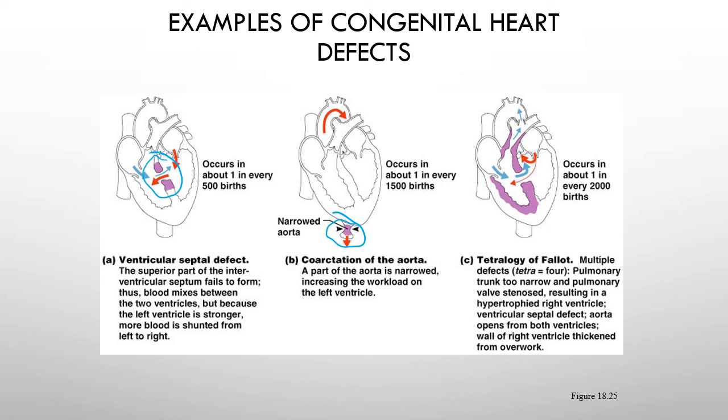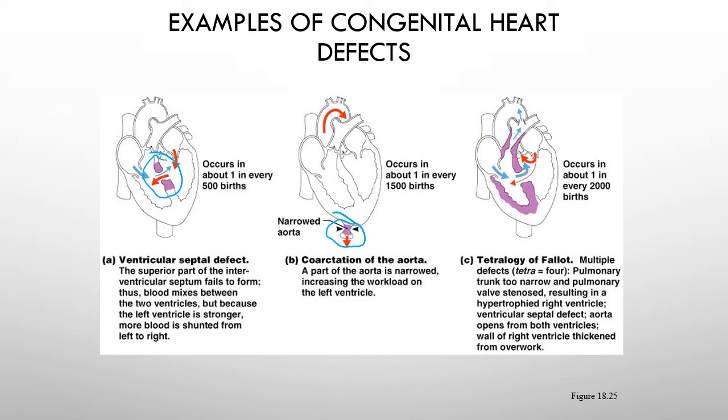The last one here is tetralogy of Fallot, and tetralogy of Fallot is 4 defects that are occurring to the heart itself. We have the same ventricular septal defect that we had before, and so that lies within the heart itself. The pulmonary trunk is narrowed, and since that is narrowed, that then leads to hypertrophy of the right ventricle. And so we get a right ventricular hypertrophy, which makes the right ventricle now strong, and oftentimes even stronger than the left ventricle, which means that we pump